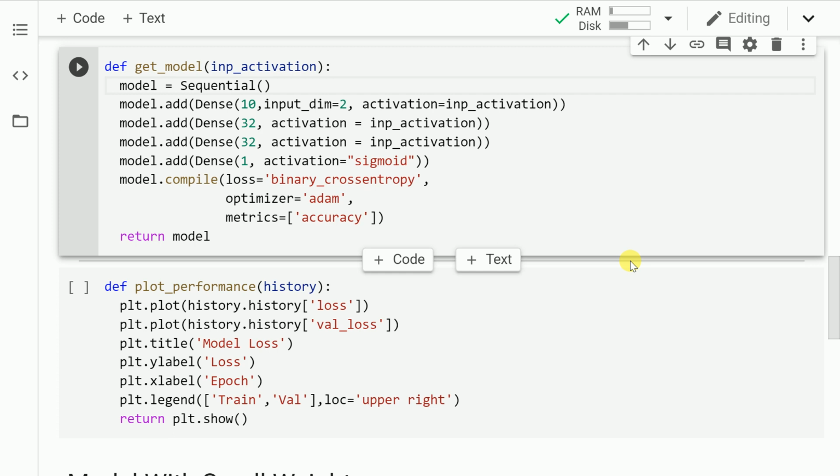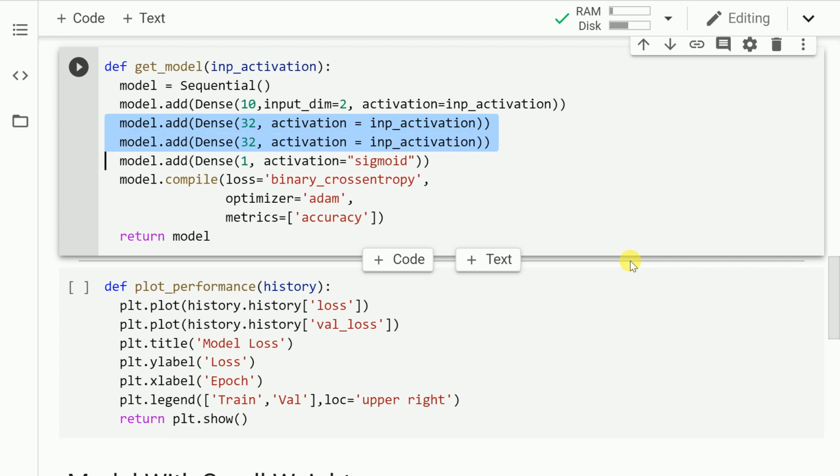So let me go over the function in order to explain how the neural network model is created. In the first line, I create an instance of the sequential class and save it into a variable called model. In the next line, I add my first hidden layer with 10 input units, that is 10 input neurons, and the overall input dimensions are 2, given I have two features x1 and x2 from the training data set. And I catch hold of the input activation and pass it through this layer itself.